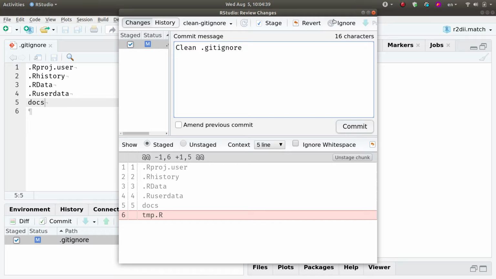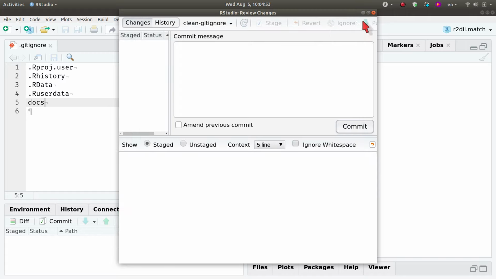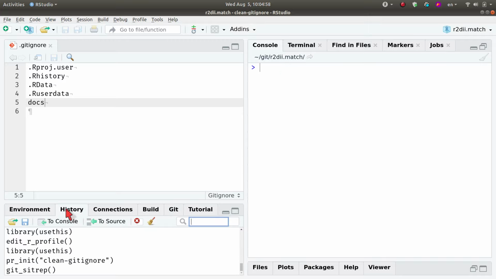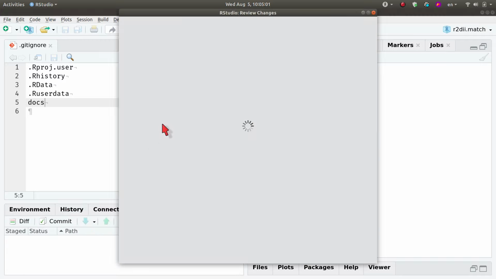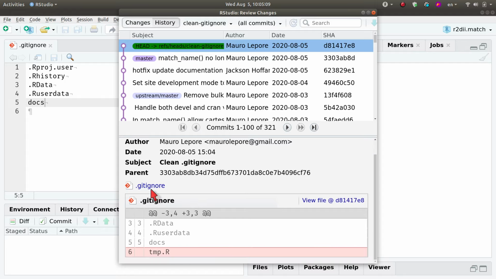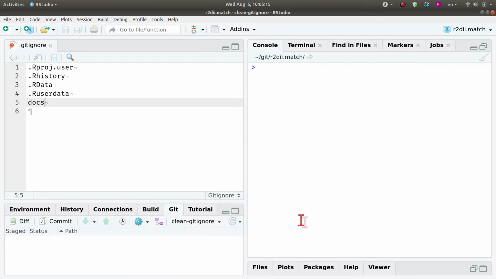It's really nice that I can see how many characters I'm entering, because if I go beyond 50, then it's really hard to see the commit message. So I really strive to keep it shorter than 50 characters. I'm going to commit this change. I can close this window now. Actually, I wanted to show you the history to confirm that master is now one commit behind. We are one commit ahead with this change that we have just done, touching gitignore and removing line 6. So we are ready to push,